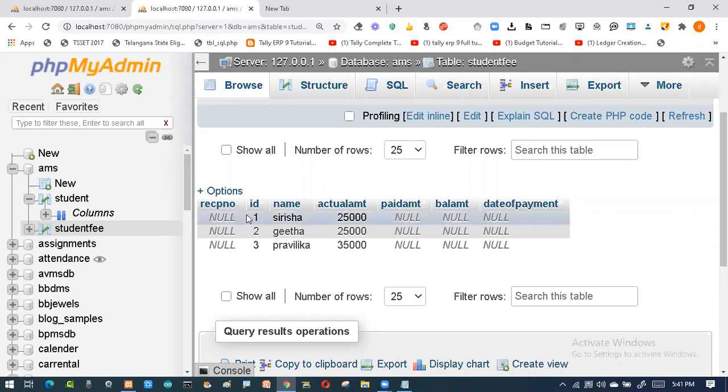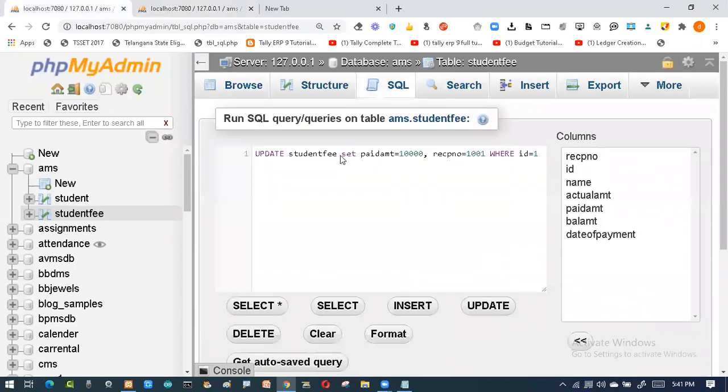When I'm saying first person, that is the condition. If you remember the syntax, we will have the where command, which we call the tail. So I'm saying update the student fees, set one column, which is what he has paid as fees. How much he paid? 10,000. I'm giving the receipt number. Who has paid? So and so person. Roll number 1 has paid. Now I'll enter this.